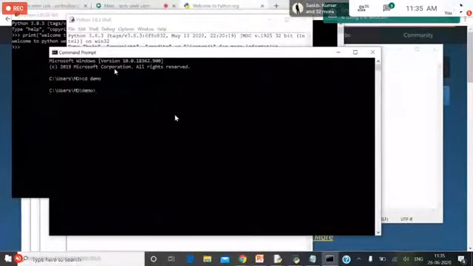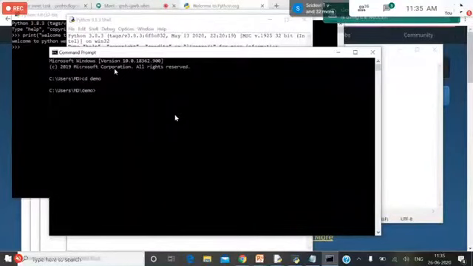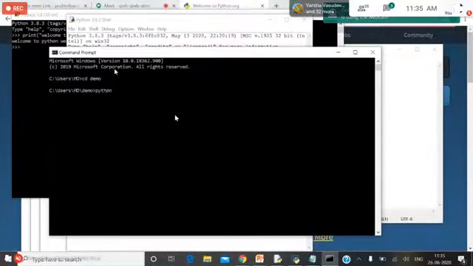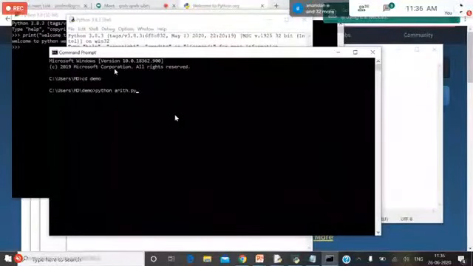In that demo folder, my file name is arith.py. There are two ways you can go to that particular folder and execute. The first one is python arith.py, and the other is py arith.py. You have to use both commands.